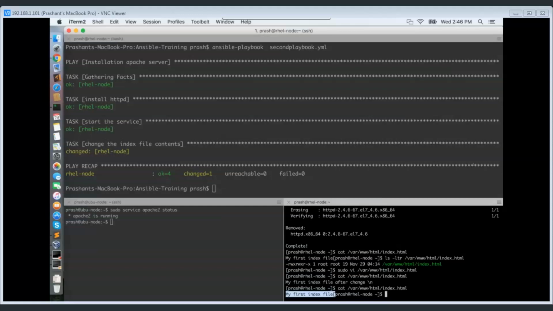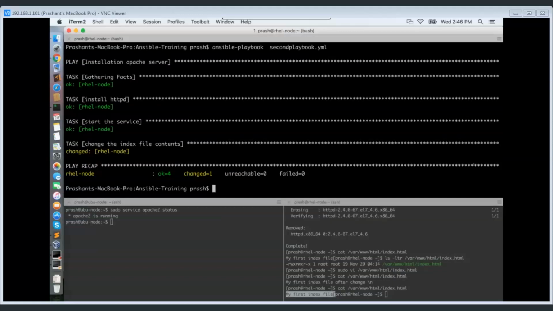Now let's say my Apache is running on port number 80, which is default. Obviously we didn't modify anything in the configuration, document root, the port number and all those details. If we modify any configuration, obviously we have to restart the service to make the new configuration take effect. If we modify SSH configuration or any configuration, we usually restart the service to take the new